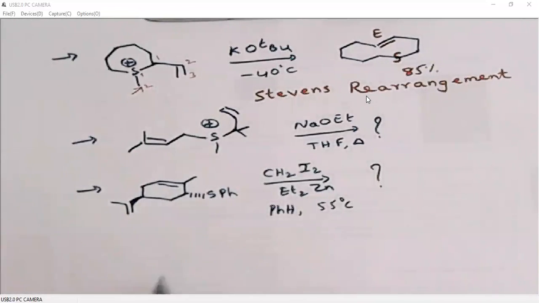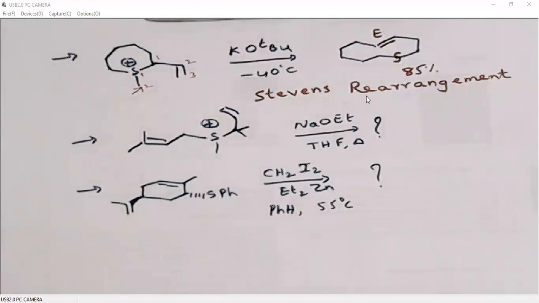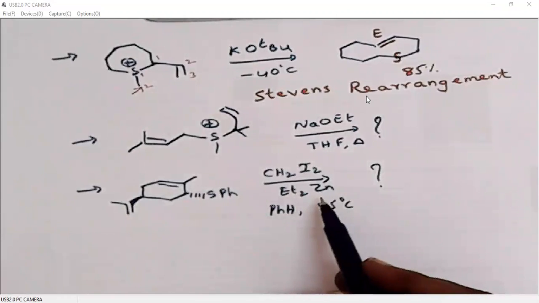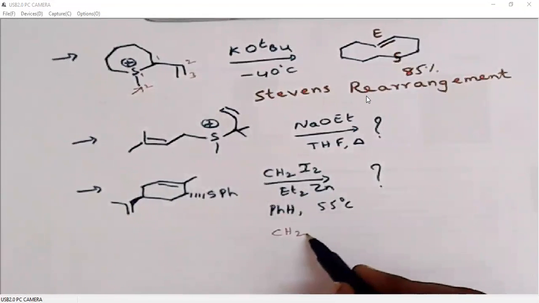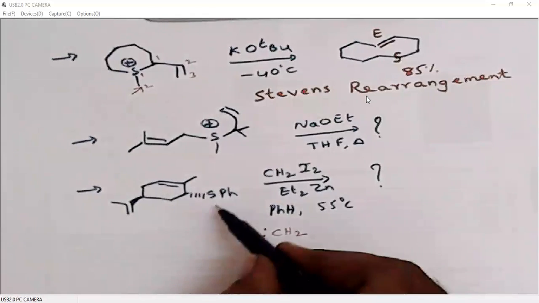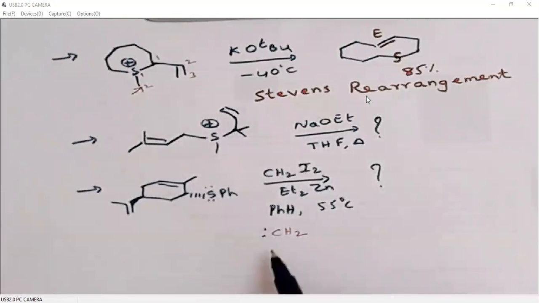What is the product? And here stereochemistry is very clear, so you must introduce the stereochemistry in the product also. Now I'll explain this in a short fashion. This combination of iodomethane and zinc reagents will generate carbene, right? Carbenes are electrophilic in nature. Sulfur, of course, with its lone pairs, is nucleophilic in nature. So sulfur will attack the carbene.